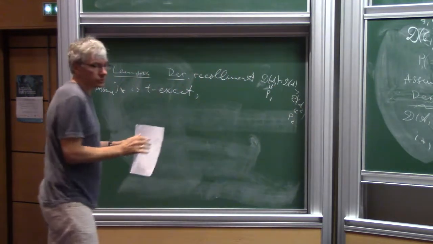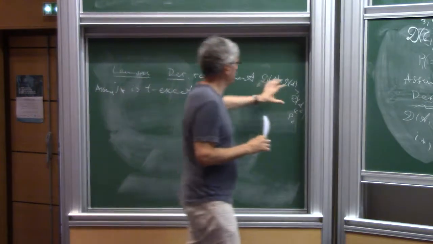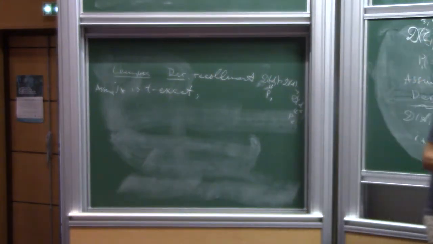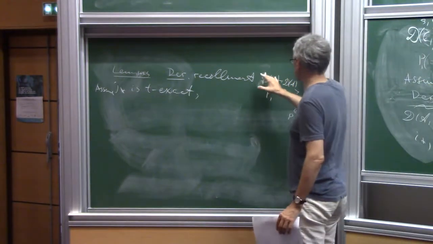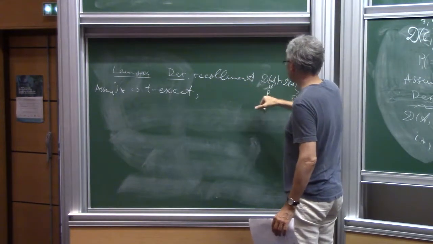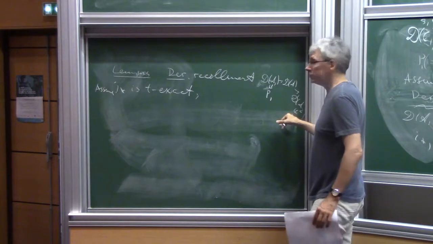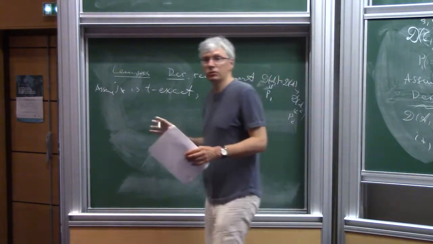Then, first of all, how to understand this picture? How to control it? It's controlled by the endomorphism algebra of P1 and the endomorphism algebra of P2, but the gluing is controlled by